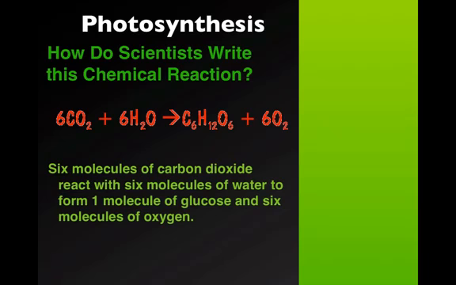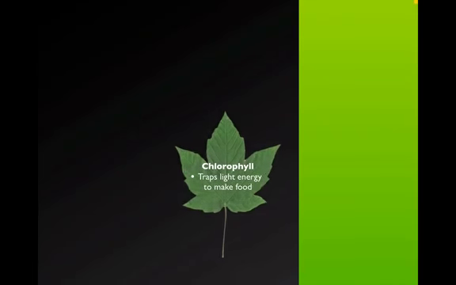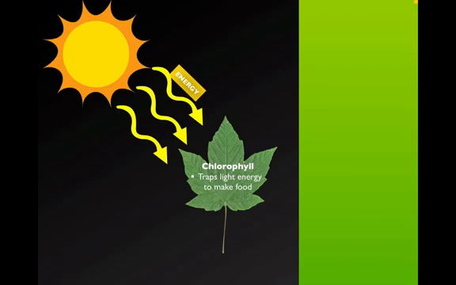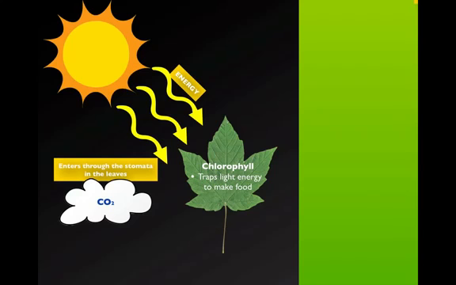So let's take a look at this one more time a little more graphically. Okay, so there's where it all starts. The chlorophyll traps energy from the sun. So we have the sun, which gives energy to the chlorophyll, and the plant uses that energy to convert carbon dioxide, which enters through the little holes in the leaves that we talked about in that activity in class called the stomata,